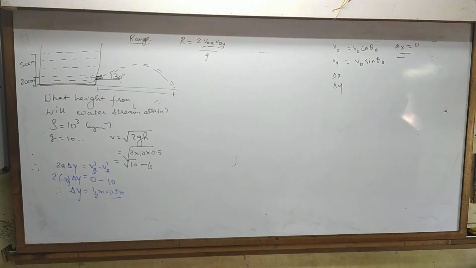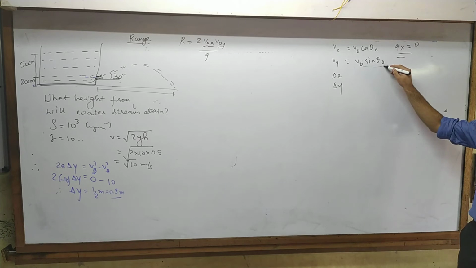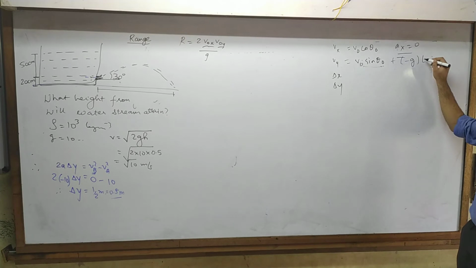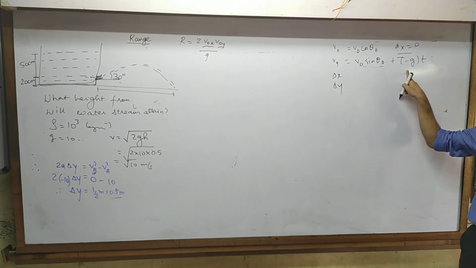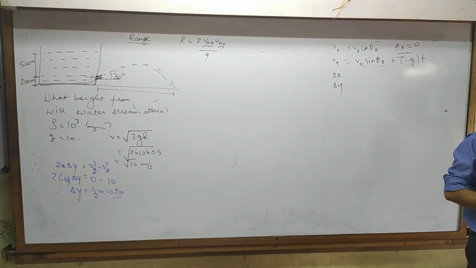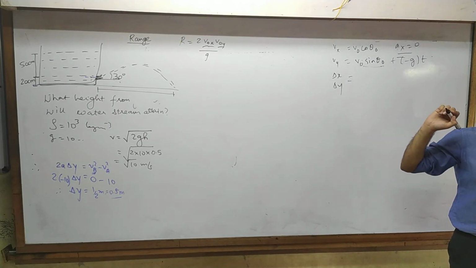Then the third one, which is actually the first one to derive: V equal to u plus at. V equal to v0 plus at. So you get vy equal to v0y plus ayt. I hope you still remember everyone why we get minus g. Gravity pulls it down. Downward direction we are taking as negative. Right? Similarly delta x and delta y.